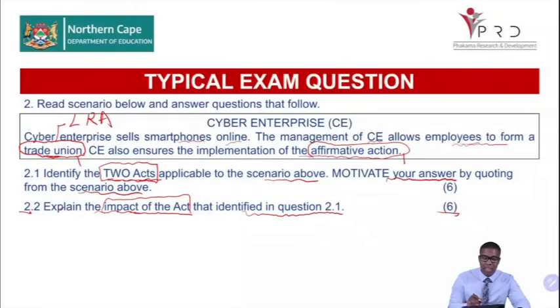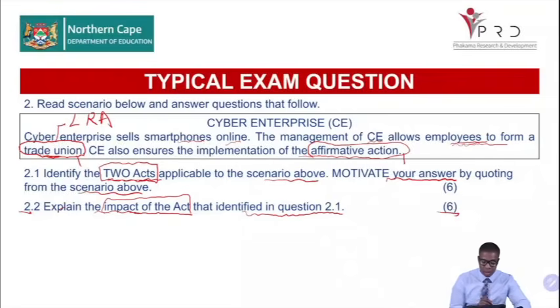Because the Labor Relations Act is an act that talks about the relationship between the employer and the employee, especially if there is a dispute, especially if it talks about representation, to say who can represent the employee and who can represent the employer. So in this regard, when the management of CE allows employees to form a trade union, they are allowing the employees to have a union or an association that would protect the employees